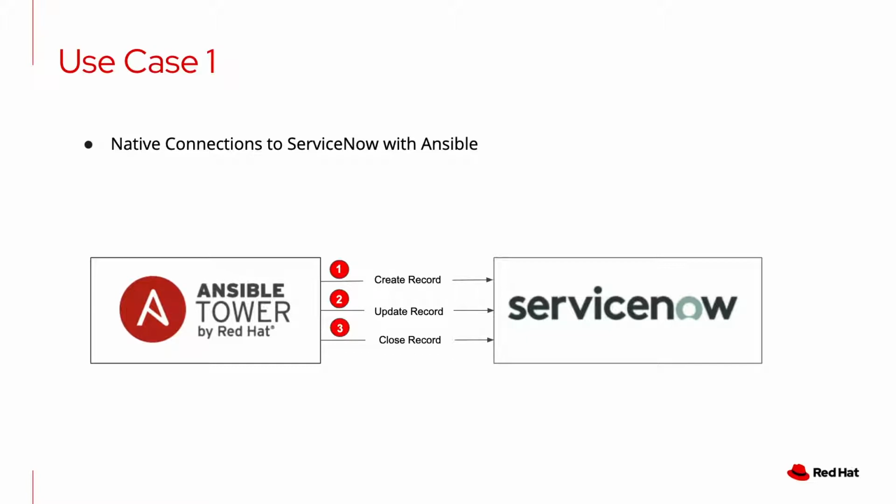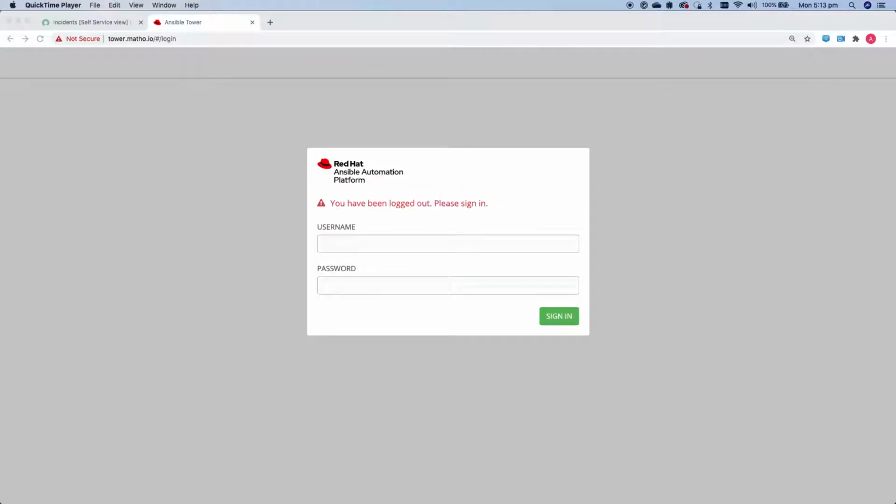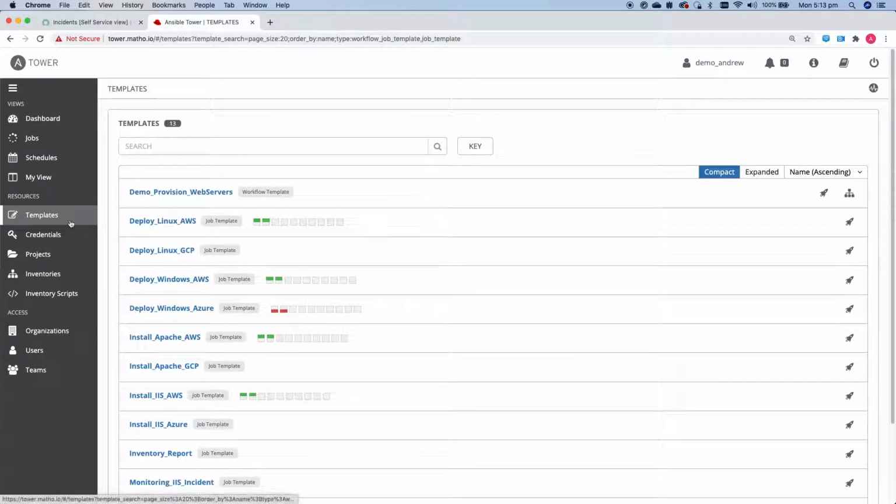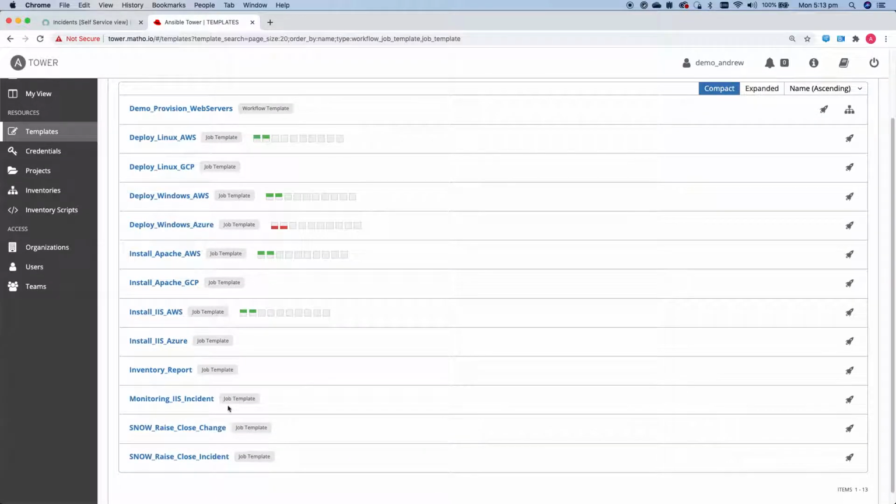When we look at an incident as an example, we have to pass it through a resolve stage and also a close stage. So we have to resolve it before we can close it, and we'll see that now. So let's take a look at that. Okay, so I find myself at the Tower login screen now, so I'm going to log in to the environment. Right, so we've logged in, and by visiting the template screen, I'm going to simply run a template to raise